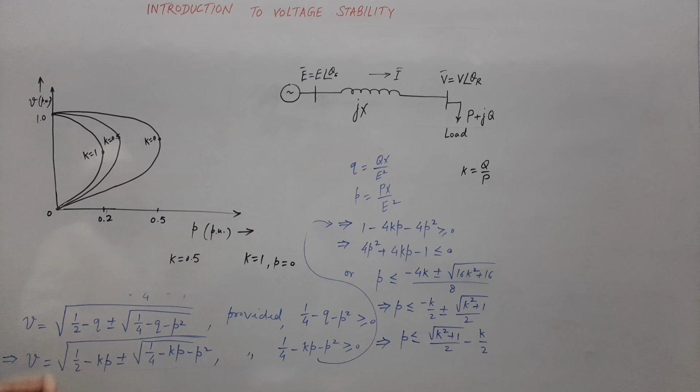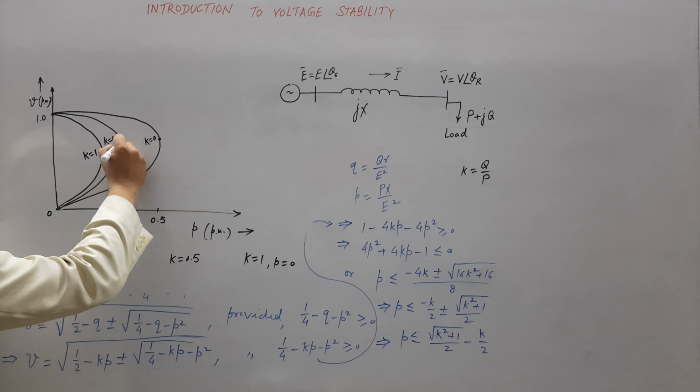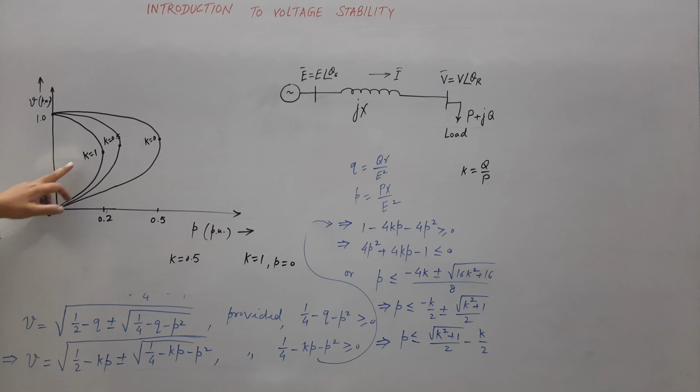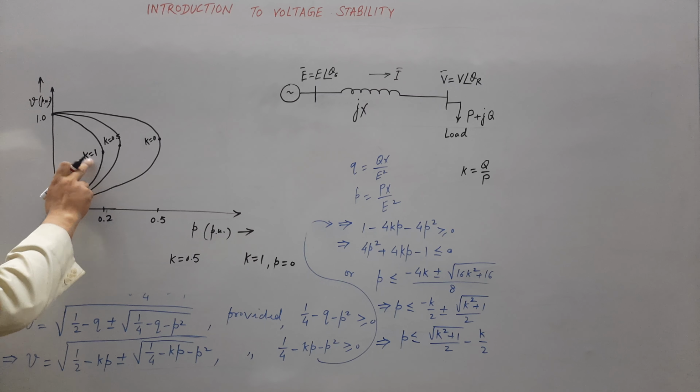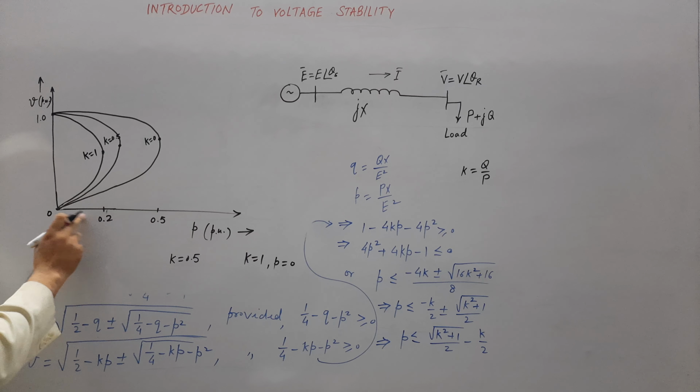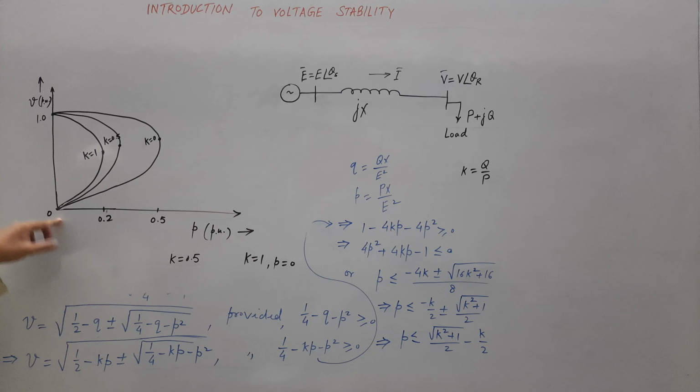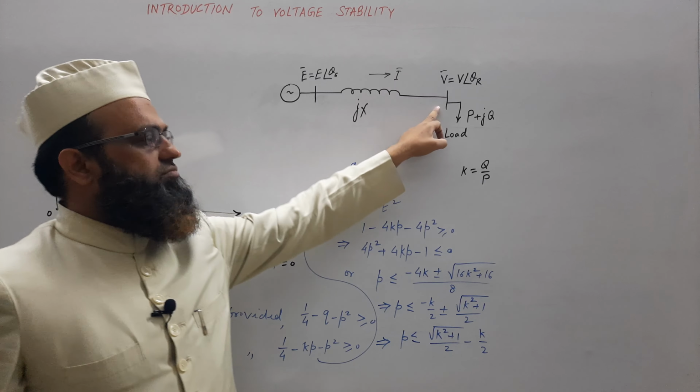So what we can observe is, let us take any case, whether k equal to 0, k equal to 0.5 or k equal to 1. Let us take k equal to 1. So we have one critical point. This point is also known as the critical point, or knee point also, knee point or critical point. Why critical point? As soon as load is 0 on this bus, voltage is at its rated value, 1 per unit.